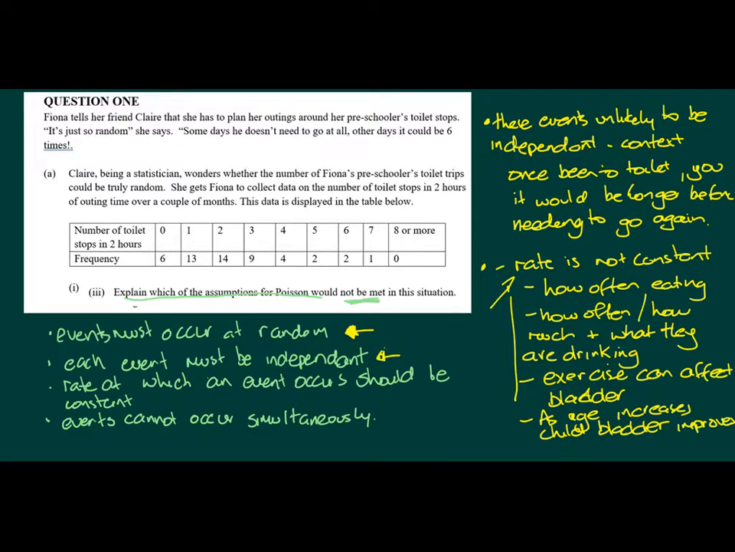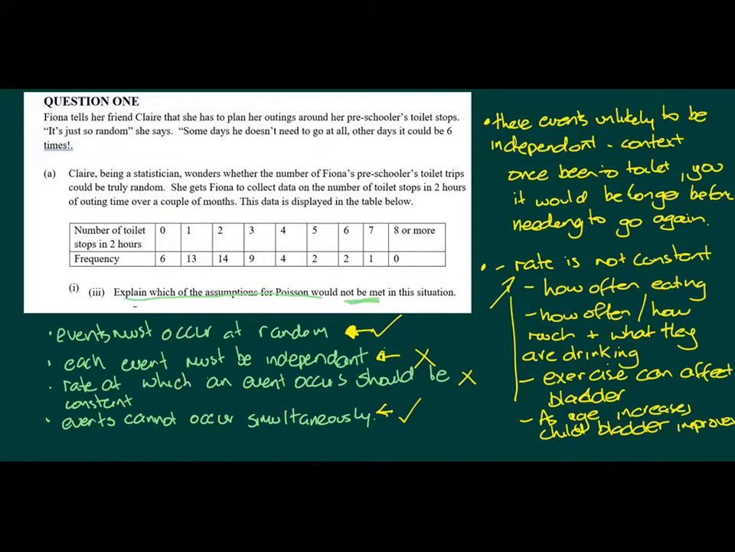Okay. The final one, events cannot occur simultaneously. Well, that's correct. You can't go to the toilet twice at the same time. So that one and the random one, they work, but it's the independence and the rate at which the event occurs should be constant that don't hold. So the key point here is